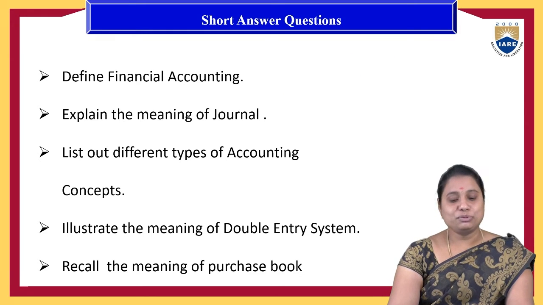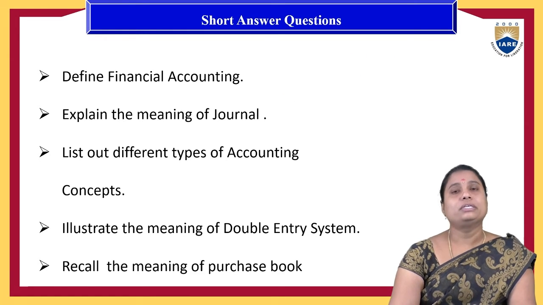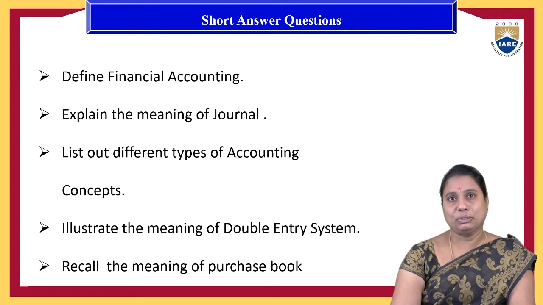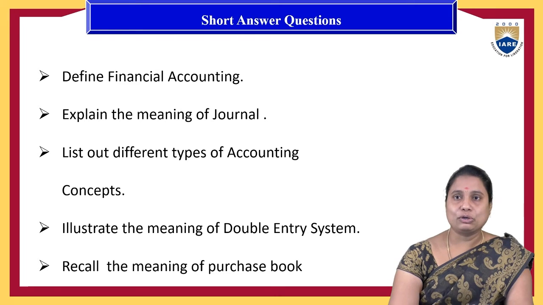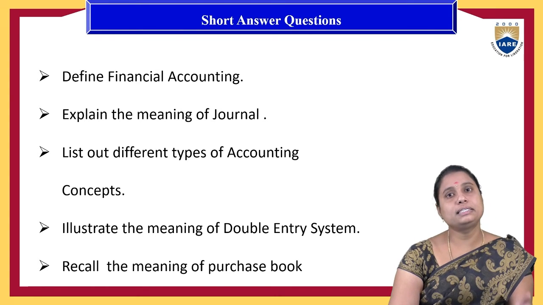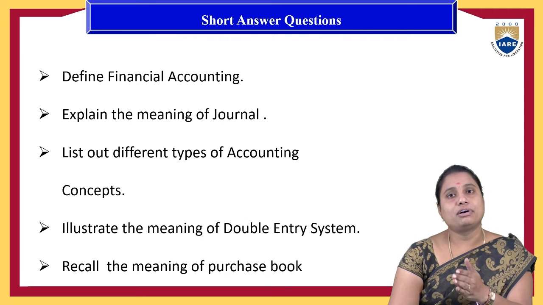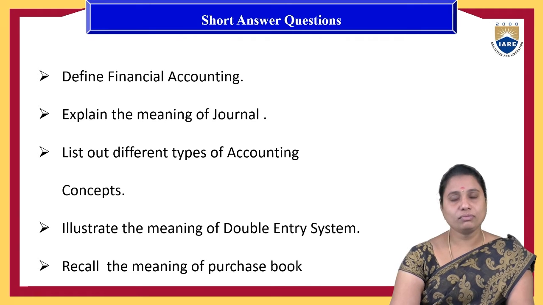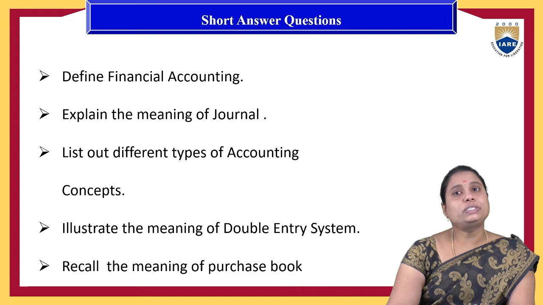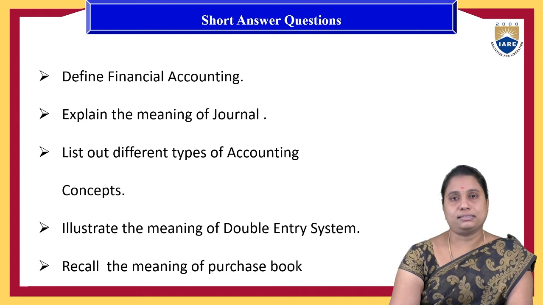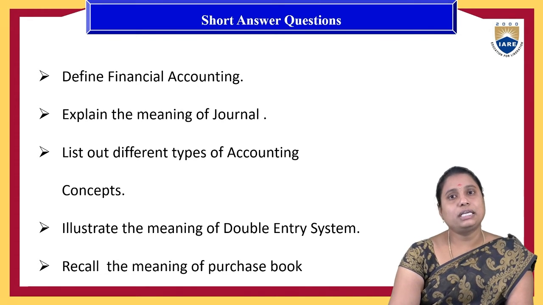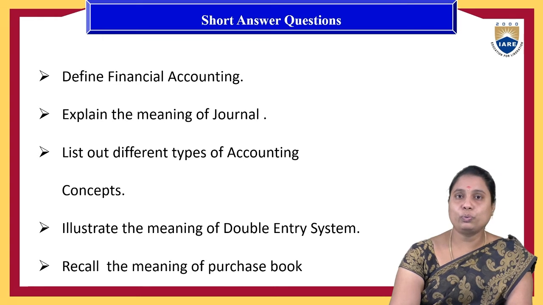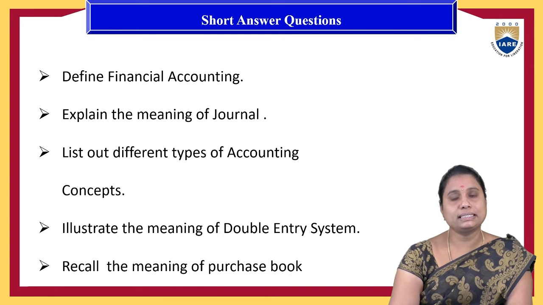List out the different types of accounting concepts. So dual aspect concept, matching concept, realization concept, time period concept. Like this, there are 10 concepts and 5 conventions. Then we need to explain those types of accounting concepts and conventions, and illustrate the meaning of the double entry system. Recording the transactions in both the coming and going out way from the organization's point of view,